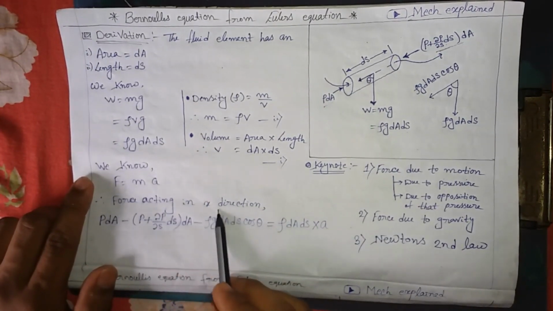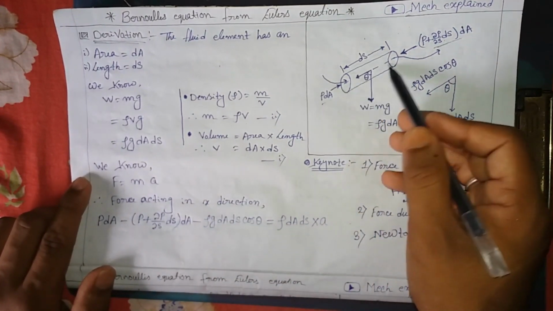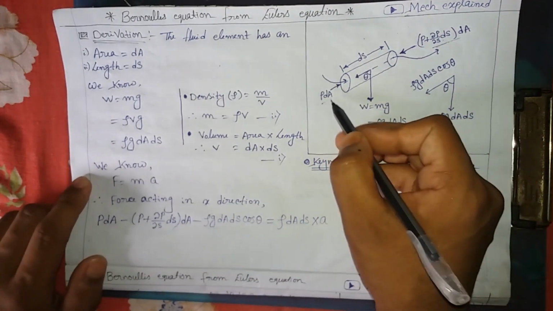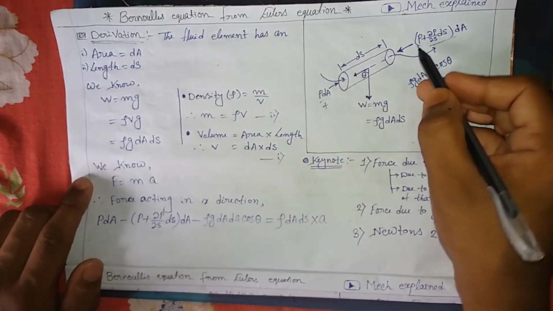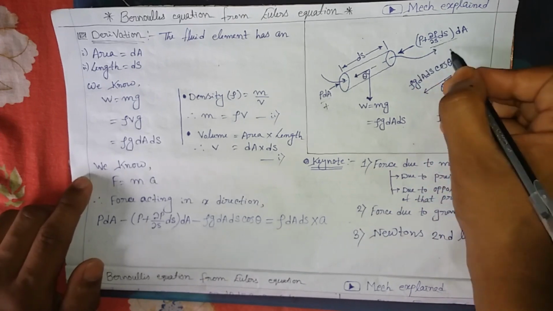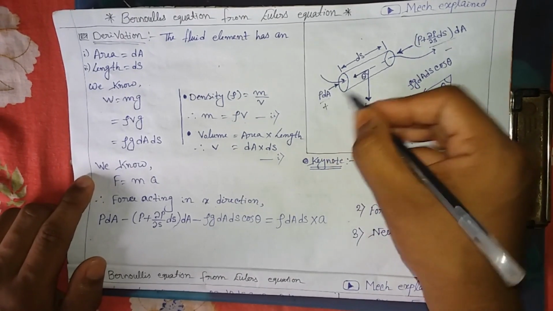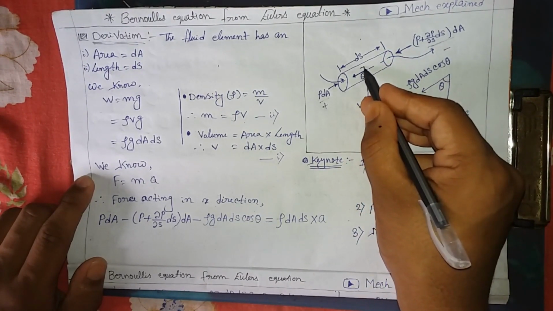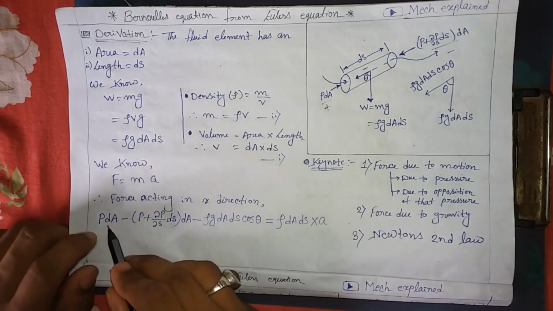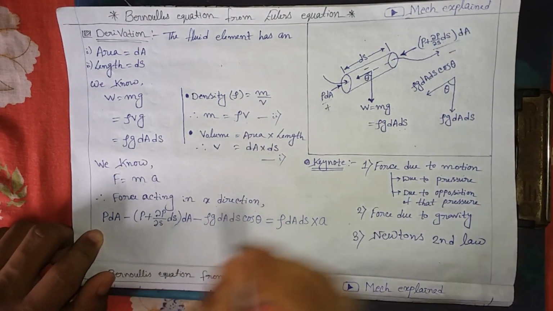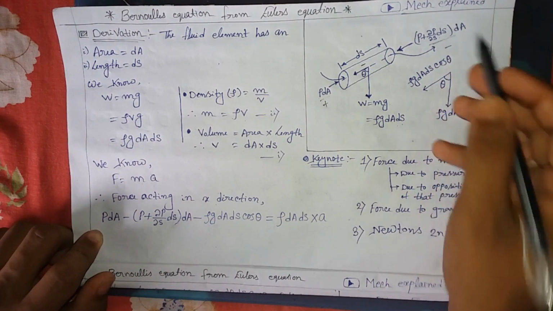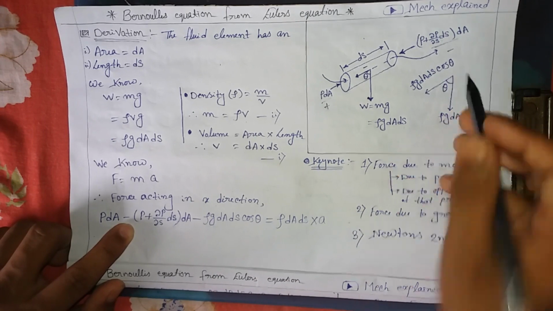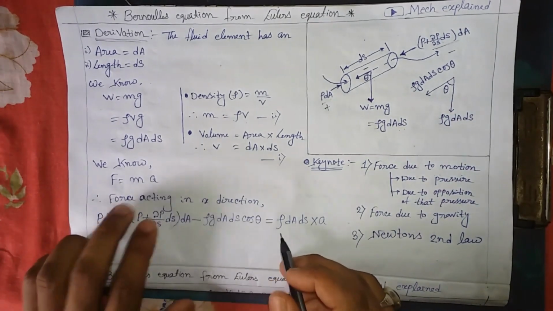So consider the force acting in the x direction. There is no force in the y direction. If we take this as positive, then this will be negative because it is in the opposite direction, and this force will also be in the opposite direction, so it will be negative. So this is P dA minus P plus del P del S into ds dA, and this is also minus rho g dA ds cos theta, equals